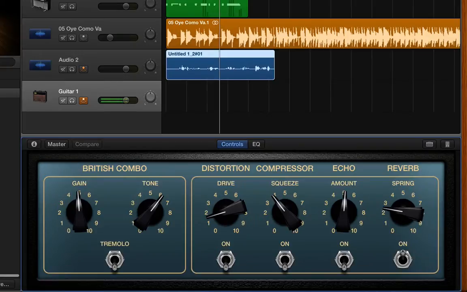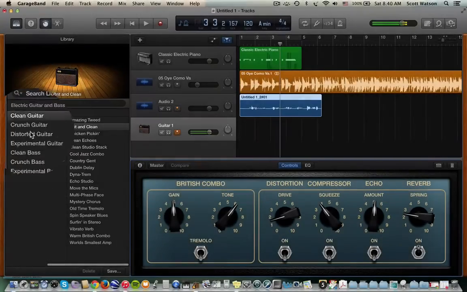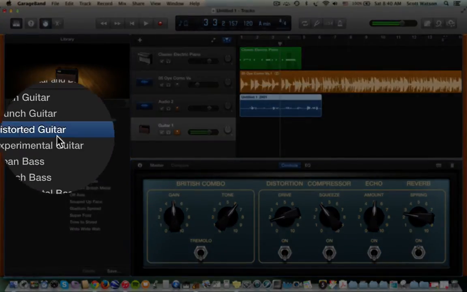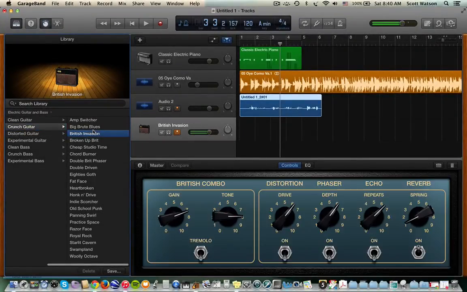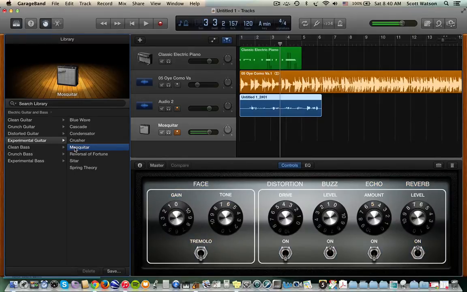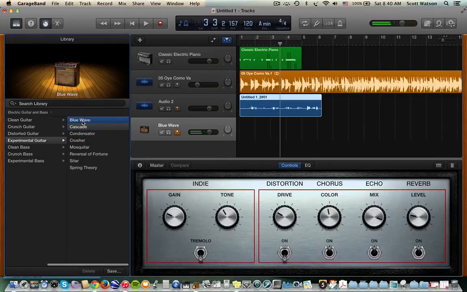Notice that when you have a guitar, you can choose various amplifiers and effects. That's what's showing up down here in the smart controls. So, for instance, if I wanted a distorted guitar, I would choose something like that. Not sure I like that, or say experimental guitar. Let's choose Mosquito Guitar, and that makes me sound, I guess, like a mosquito. Here's Condensator, Cascade, Blue Wave,